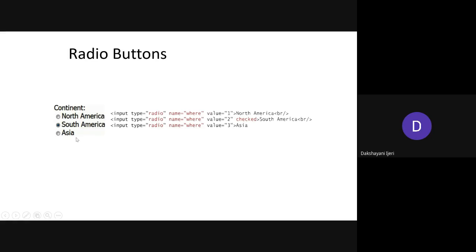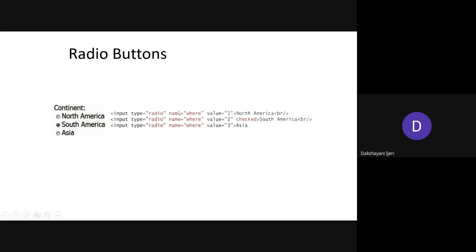For each of the radio buttons, you need to separately use the input element with the type value as radio here. Do remember that for all these radio buttons, where you want the user to select one option among them, you should have the name attribute with the same value. This you need to remember. If you want it to be a single group of radio buttons where the user selects one option, the name attribute should have the same value here.